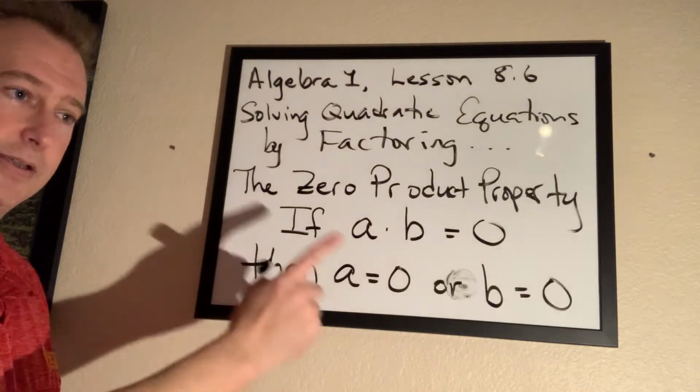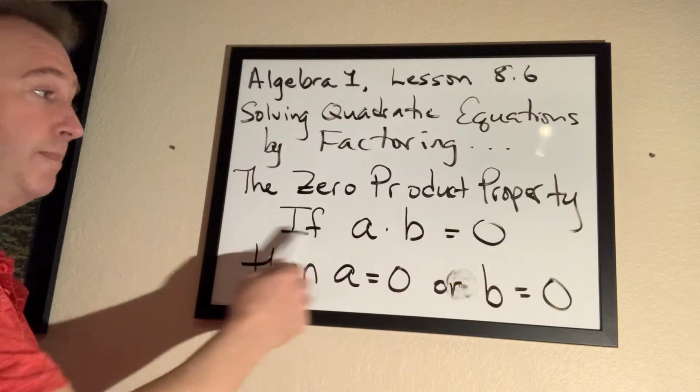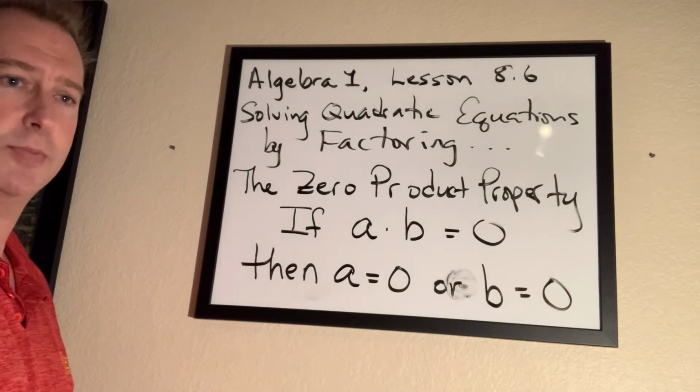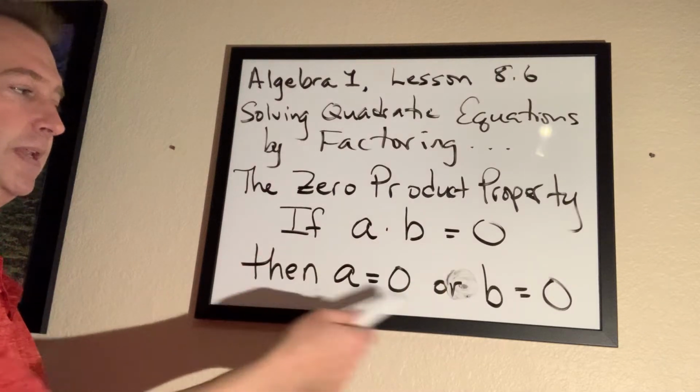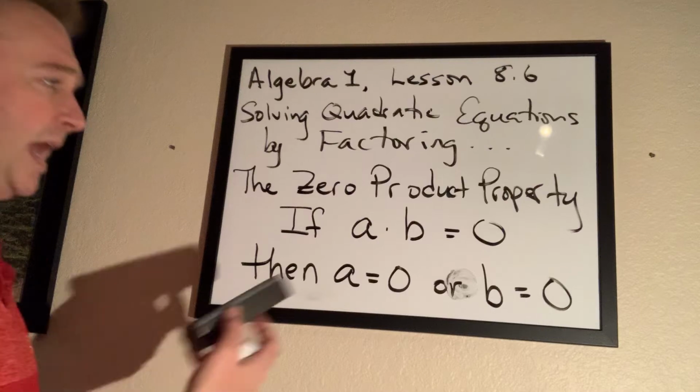If you're taking notes on this at home or doing your homework, you should write that down and memorize that. It's really easy to memorize. Memorize that property, the zero product property. If a times b is 0, then a is 0 or b is 0. Okay, we get it. So let's look at how that plays out